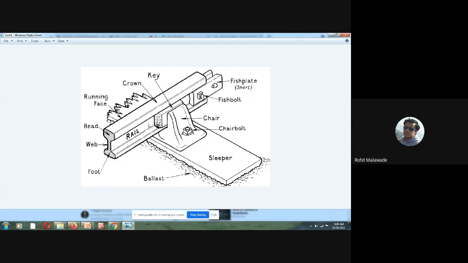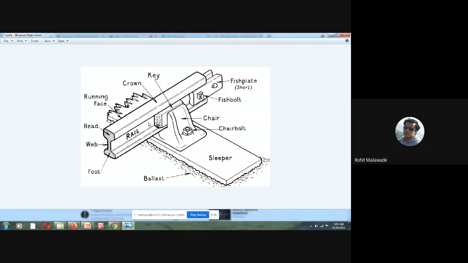Now, what are keys? I have not explained these keys yet. A key is a small tapered piece of timber or steel, which is going to fix the rails to the chairs on the sleepers. The keys might be wooden keys or metal keys. The wooden keys are small straight or tapered pieces of timber. They are cheap and easily prepared.